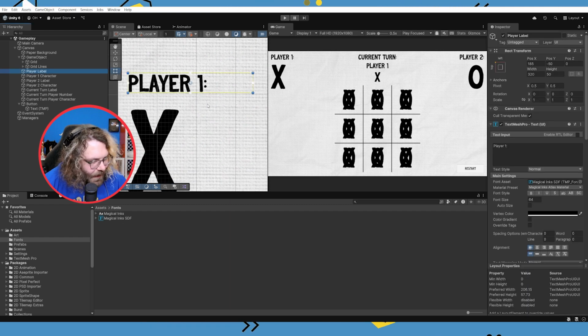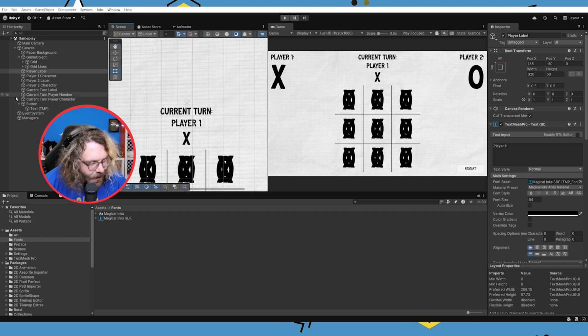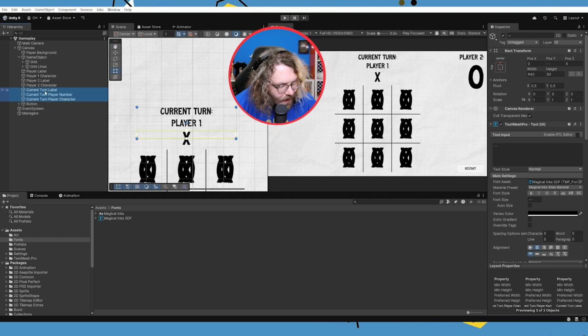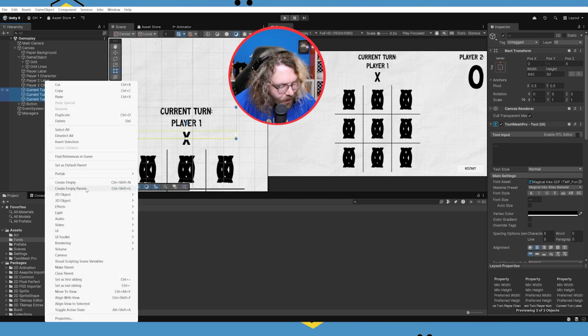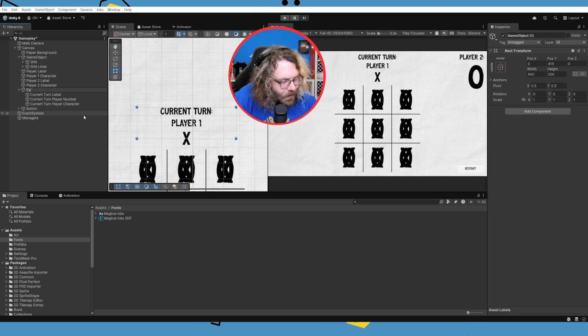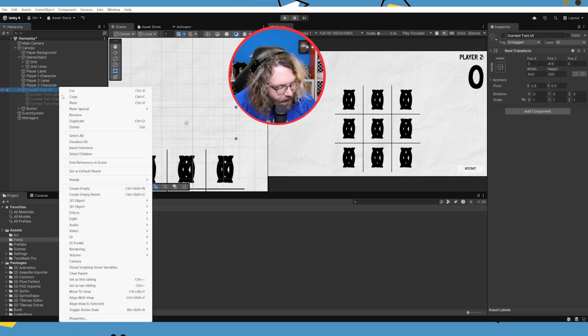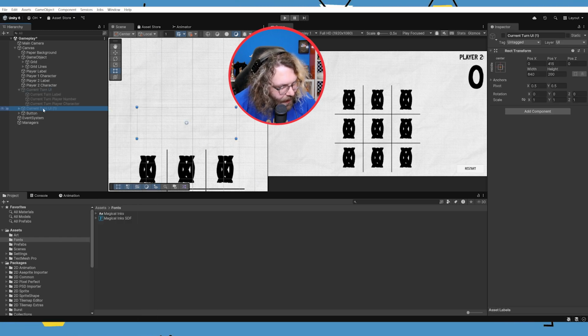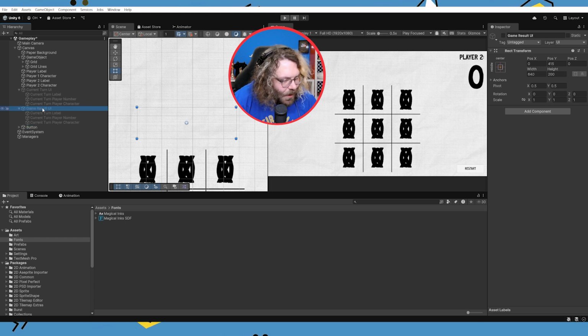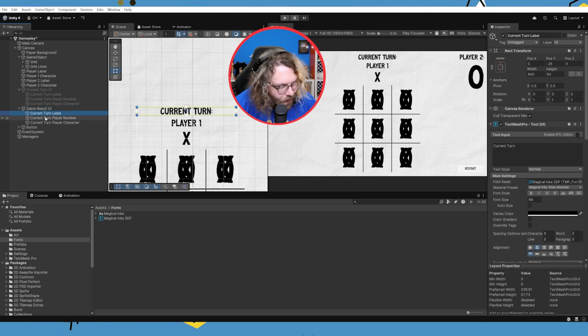So what we can do is these labels here for the current turn, we could group them all together under a new parent. We'll call this current turn UI. And then by enabling and disabling that, we can turn that on and off whenever we like. We'll just duplicate all this. Duplicate. We'll call this game results UI. We'll just enable that, and we will just